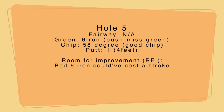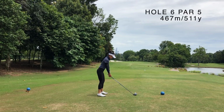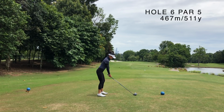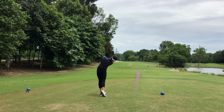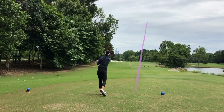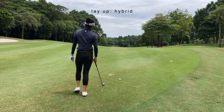Other than that, I was happy with the chip and the putt. So the next hole is a par 5, and I am hitting driver off the tee. Nothing much here, pretty much just have to hit it right off those bunkers and get it out there as far as you can. And then for the second shot here, it is not reachable for me, so I just